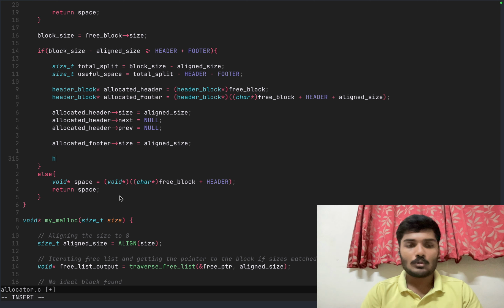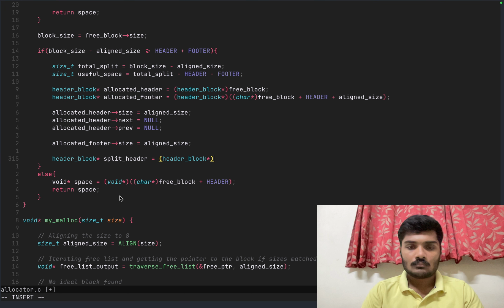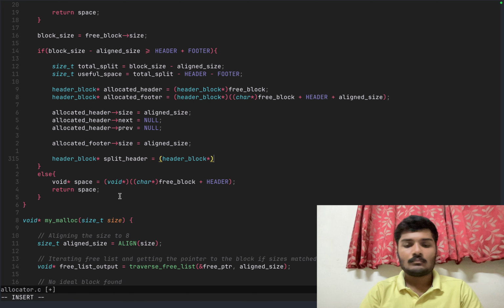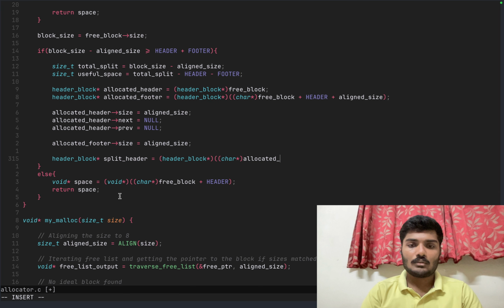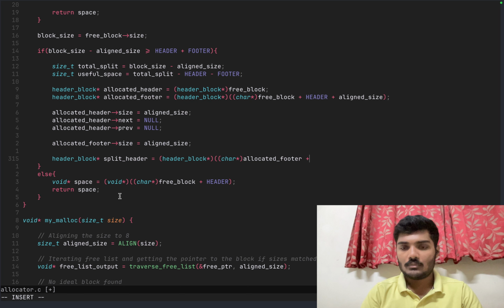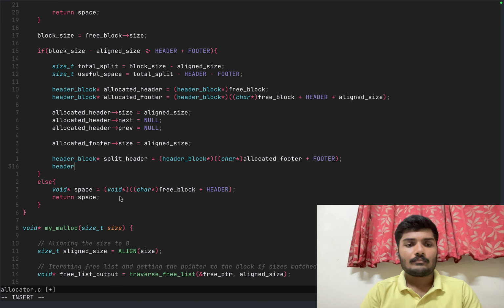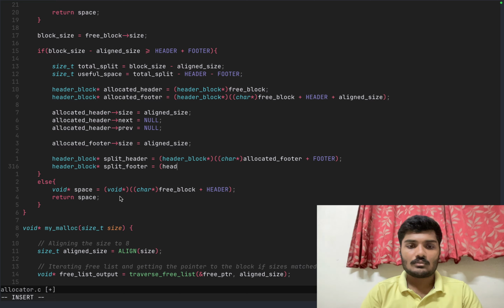And now the split block. So header block split header is equal to header block. What should it be? Allocated footer, right? Yeah, okay. Allocated footer, and then we move forward by footer. So now we are at the start of the split block, and then header block split footer is actually